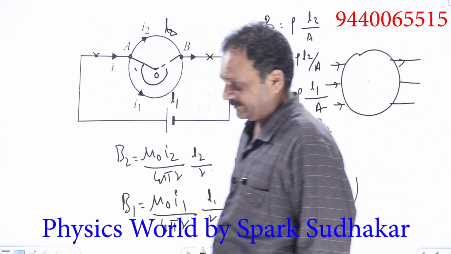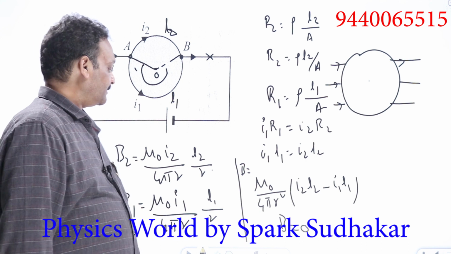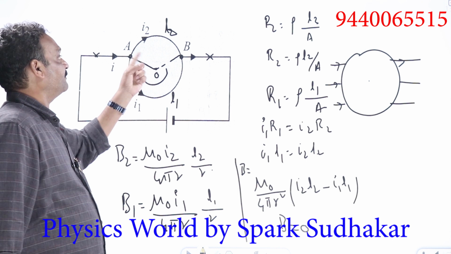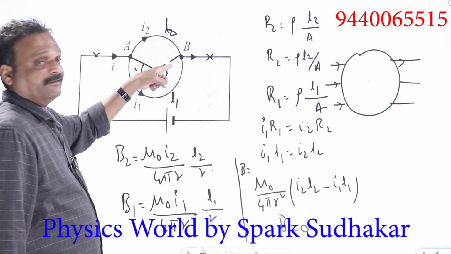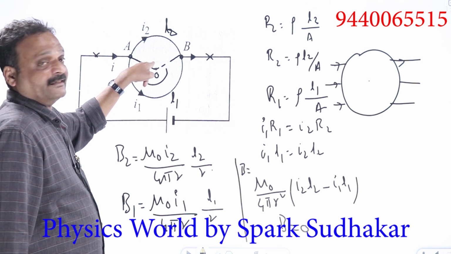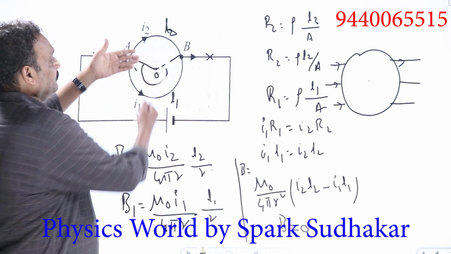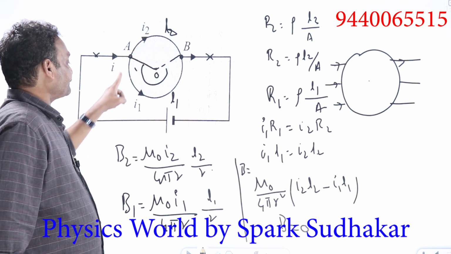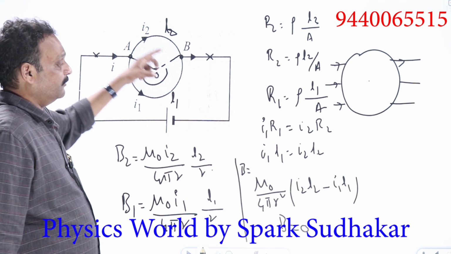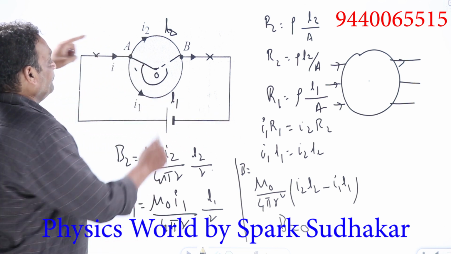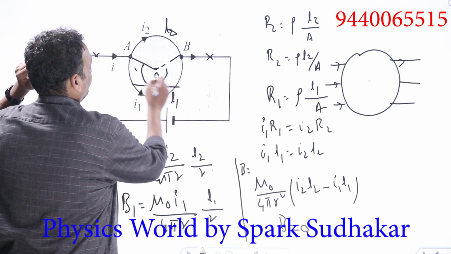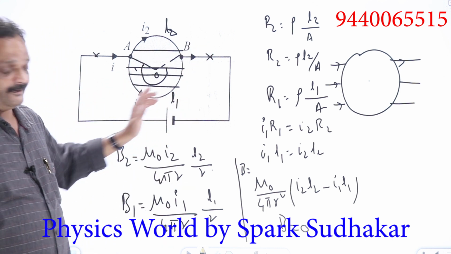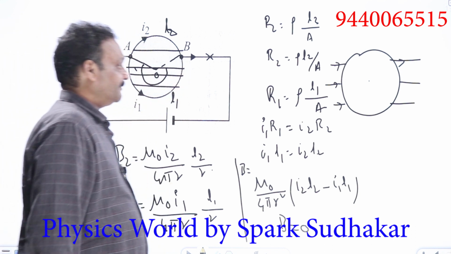We can remember this as an important concept. So this is one way. See why B is different from here and here. First of all, the direction of currents is reverse. So what happens? The resultant magnetic field will not be a summation; both are in opposite directions, so we have to subtract. For this segment it is I2 L2, for this segment I1 L1, and both are found to be equal. So irrespective of the way this loop has been cut, here or here or here, the magnetic field at the center will become 0. This is one important concept which you can remember.